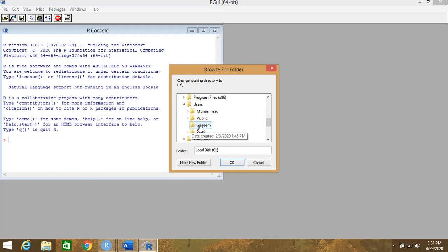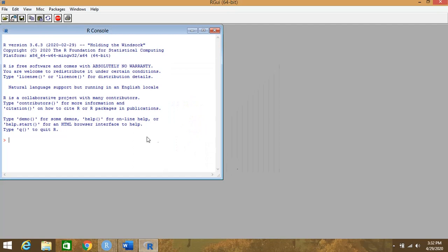So right now my user is this, and right here there is my file. If you go directly to the desktop, and since I'm already logged into this account, I can go to the desktop, and down there I have this folder. Alright, so now my directory is set.